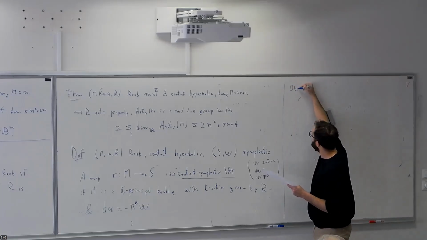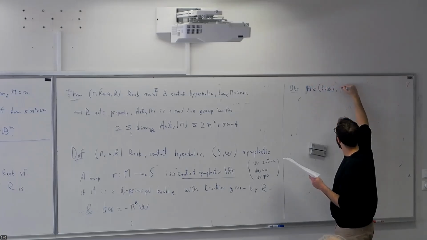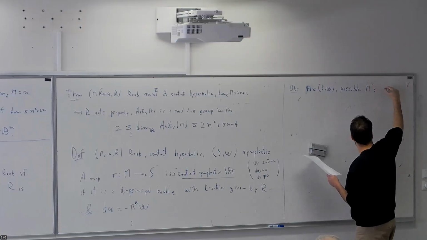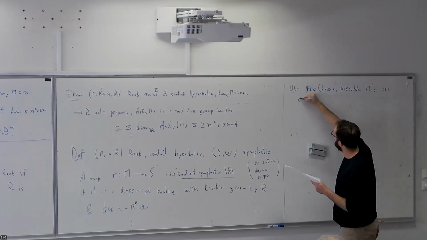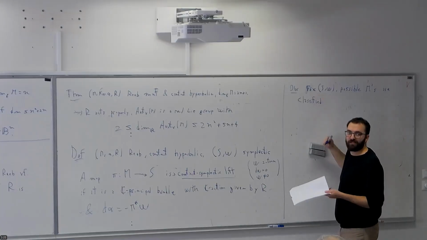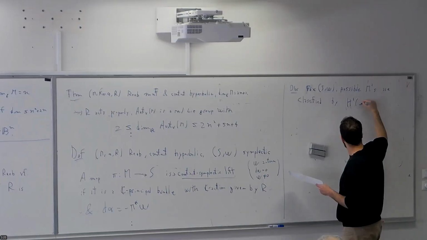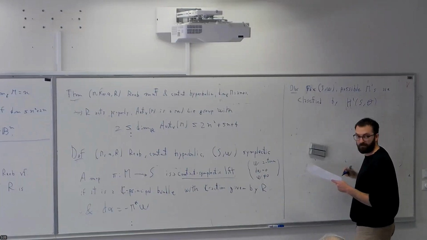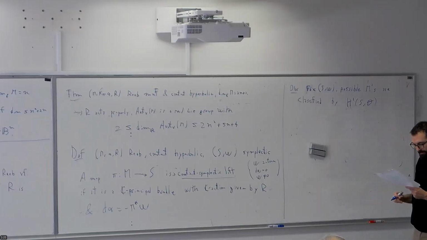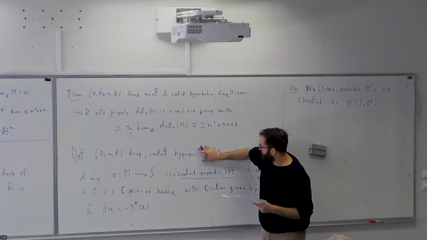And so, for instance, an observation: if you fix S and omega, the possible M's are classified. So these are just the total space of a C principal bundle over S, so just by H1(S, O). Oh, but nothing special. And we can also prove, in fact, here I don't need the hyperbolics,